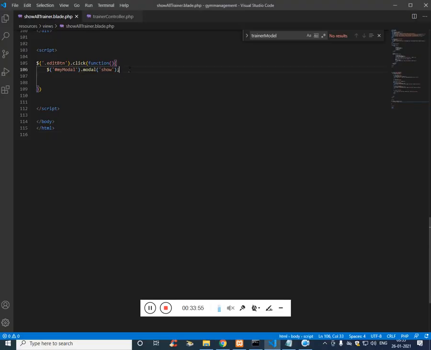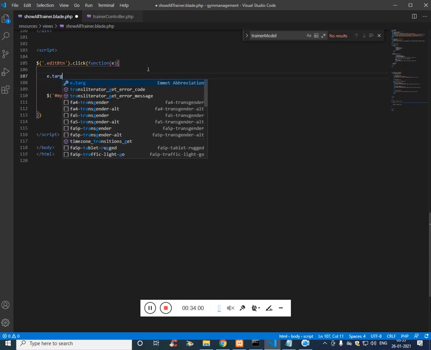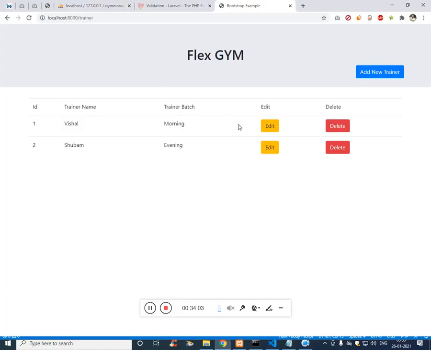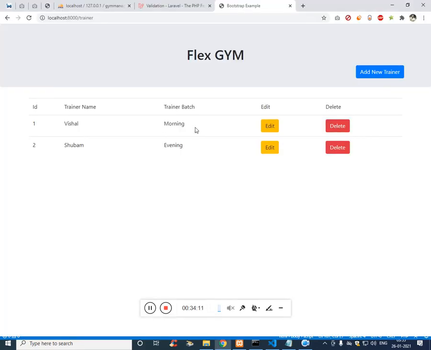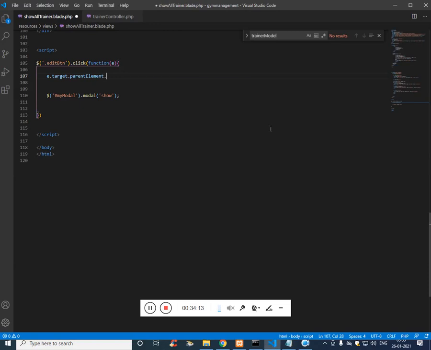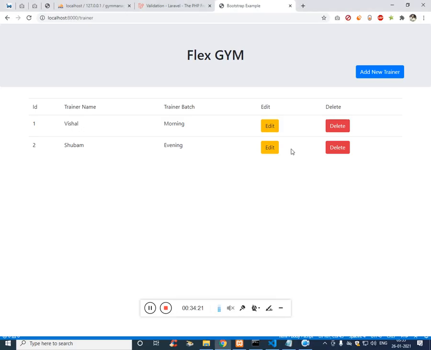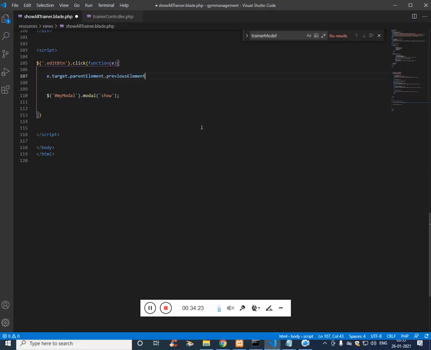That's a great thing. Now we have to pass e. So with e.target, we can get the current button. So the current button's parent element is this td, and this td's previous element, trainer batch dot innerText, we can get the batch.